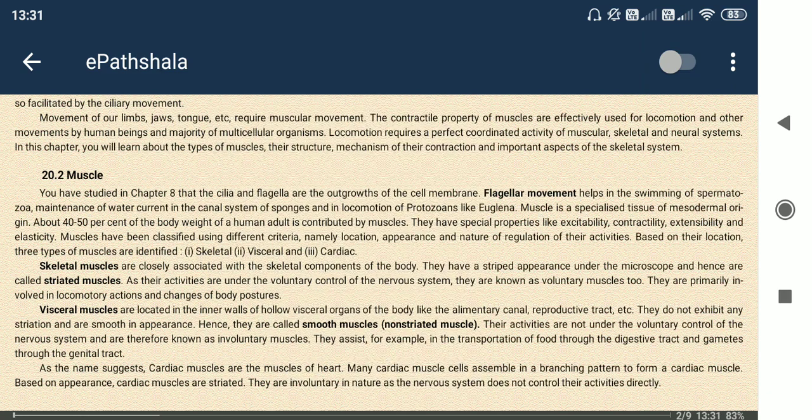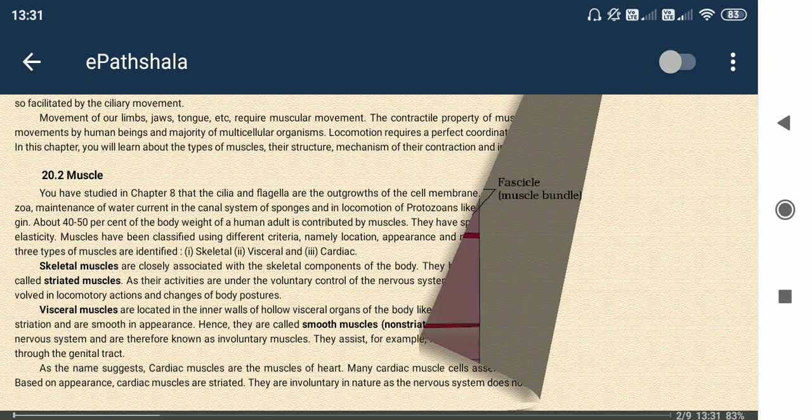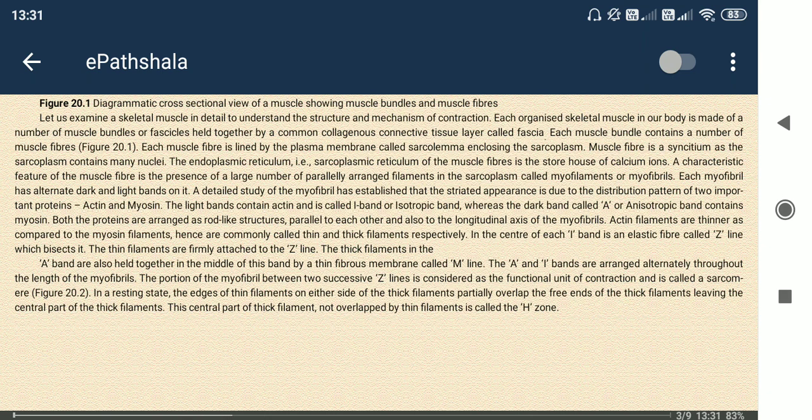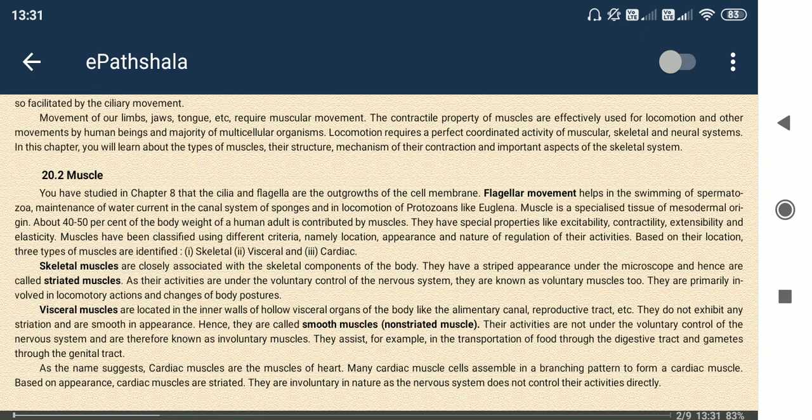But in case of smooth muscle, you can see here, visceral muscle. Here it is written, the transportation. So visceral muscle or smooth muscle is non-striated, and also